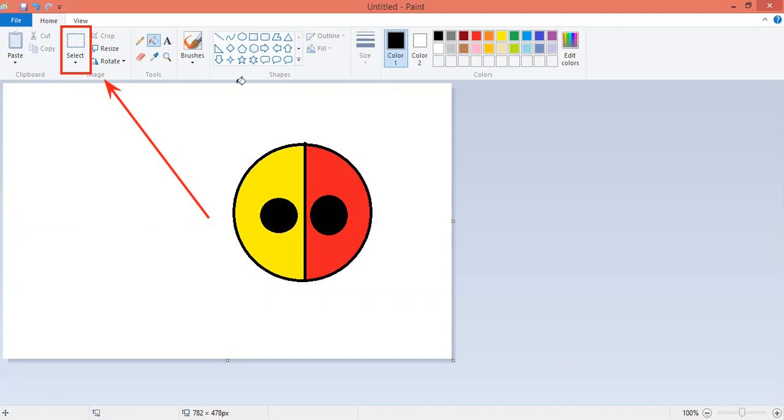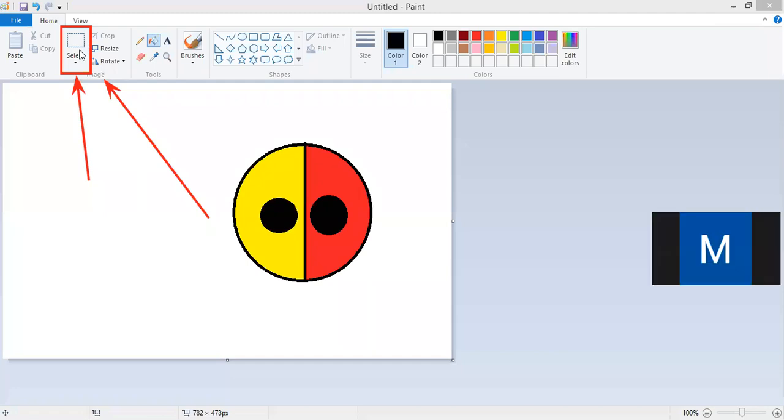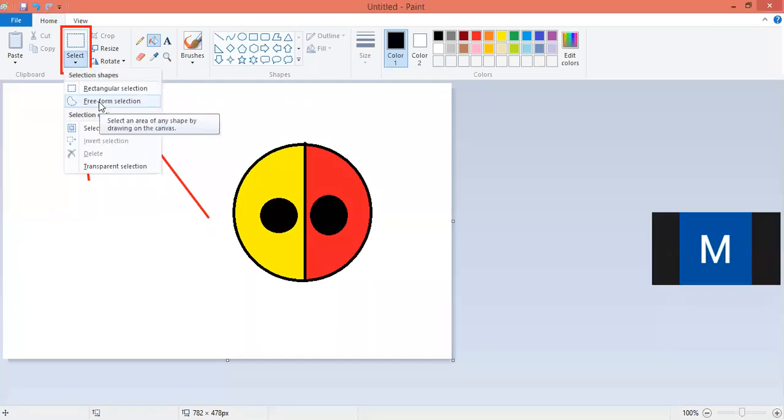Okay, the small picture is there. Now we have to select. What do we have to do? We have to select the tool. The tool name is also select. In that tool, we have two options, rectangular selection and free form selection. First we are going to see the rectangular one.